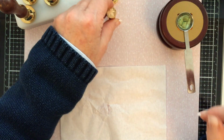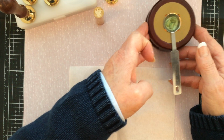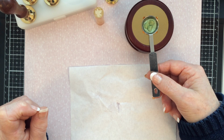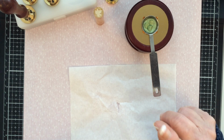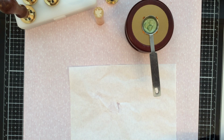Oh, fantastic. So, okay, let's use that one again, but use the wax on it. So, I've got my wax melting here. And this is where I really should be able to edit, so I'm sorry about that, guys. But what I will do, whilst that's doing that, is